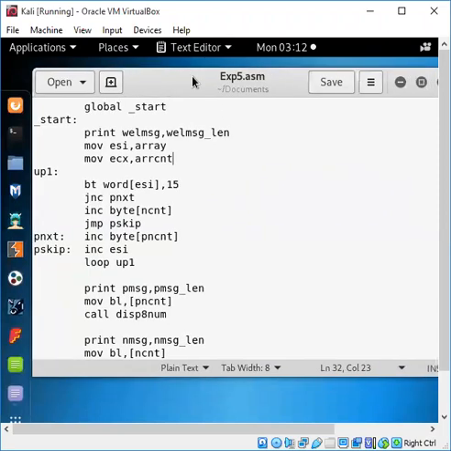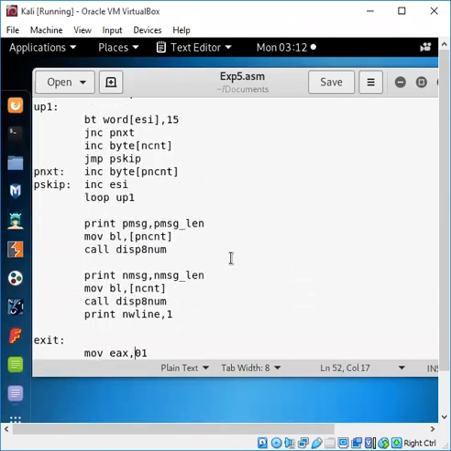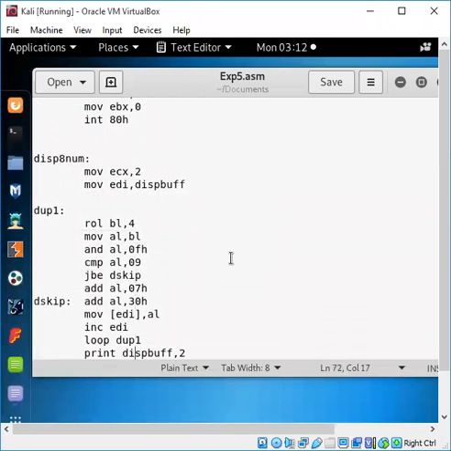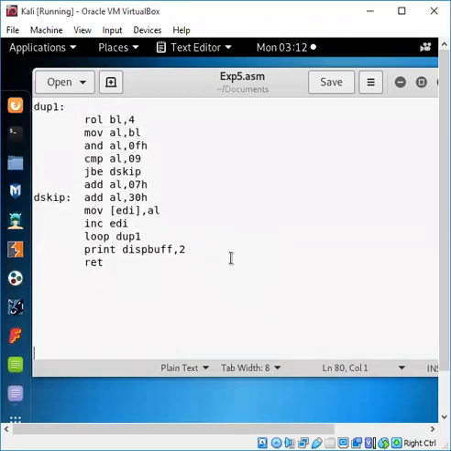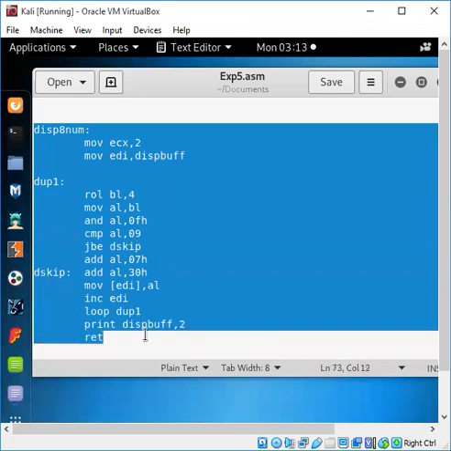The executable file. Okay, so what is important in this is the macro call and the BT bit test operation. So this part that we'll be having is for checking whether the number is greater than 9 or less than 9. That will continue for mostly every program, because here we are going to check that value, which will be a single digit or 2-digit value. We need to convert it into ASCII form.